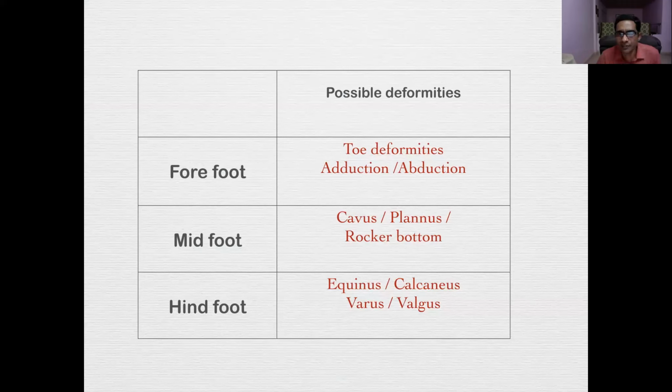So this is a list of the deformities that are possible at the foot. Toe deformities, we have said that: the hallux valgus, the lesser toe, the claw toe, the mallet toe, the hammer toe. Forefoot adduction, just like you see in CTEV. Forefoot adduction typically occurs at the Lisfranc, tarsometatarsal, and the forefoot abduction that you see in a pes planovalgus.